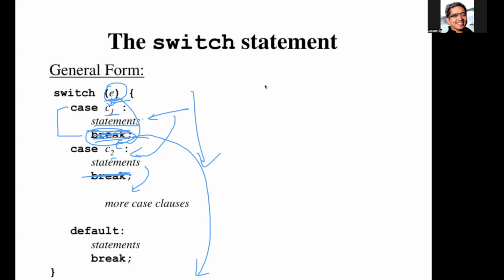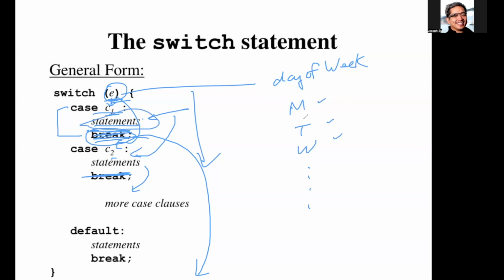One example is this. Let's say this E is the day of the week, then your case number 1 could be Monday, your case number 2 could be Tuesday, case number 3 could be Wednesday, and so on and so forth. And you want your sprinkler to water your lawn every Monday, Tuesday, and Wednesday, then you could have a statement inside each of these days, but without breaks in between, which means your lawn continues to get water Monday, Tuesday,